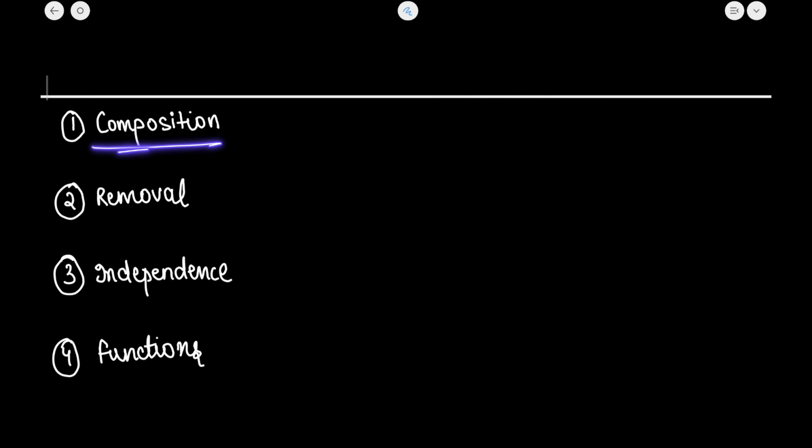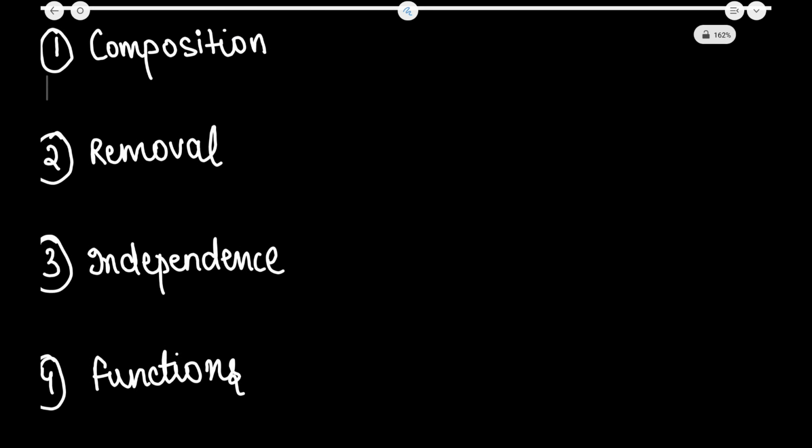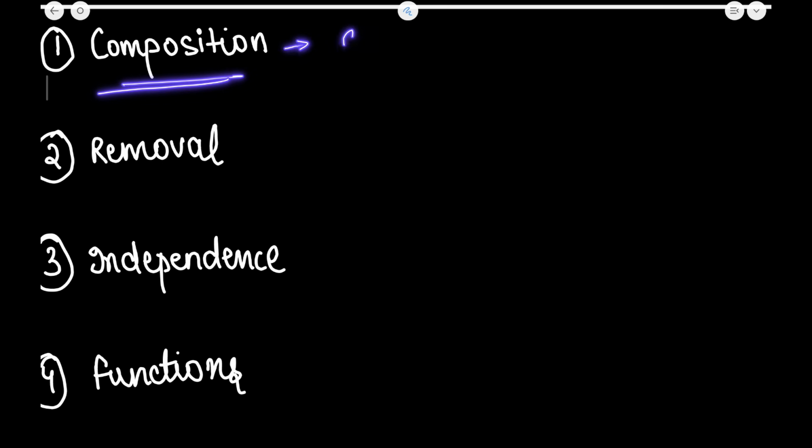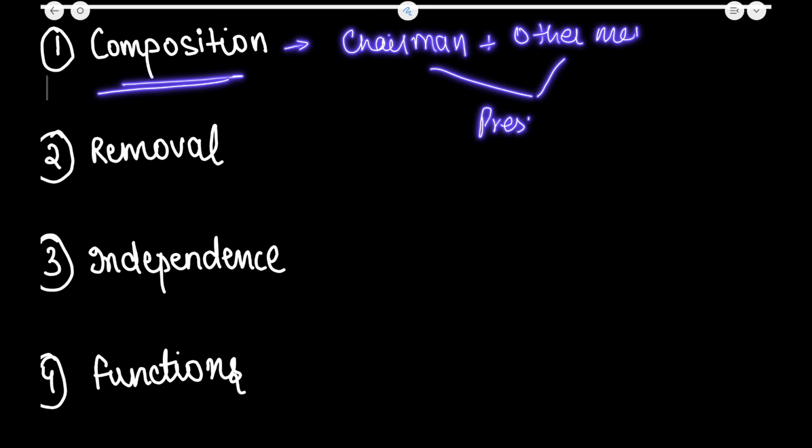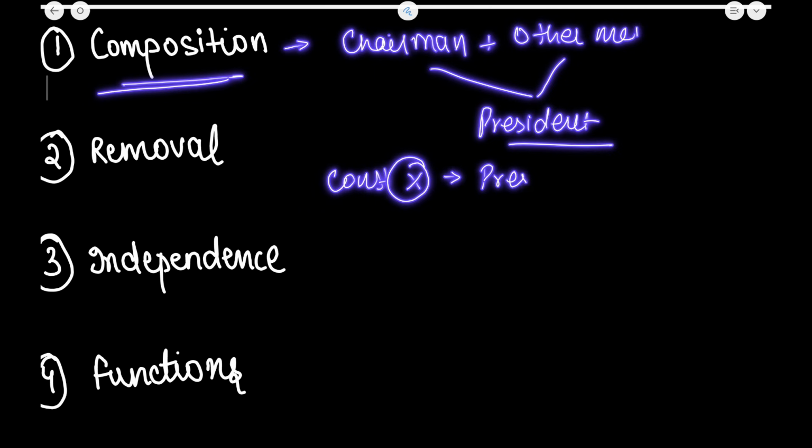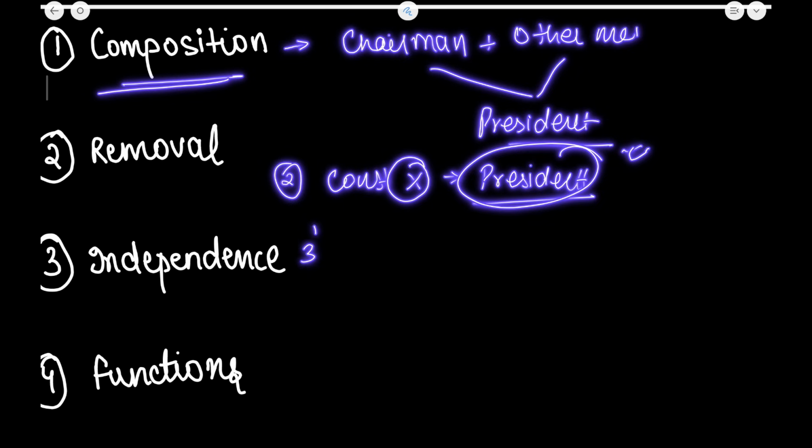First of all, the composition of the UPSC. Now if we talk about the composition, the UPSC consists of a chairman and other members. Both of them are to be appointed by the president. The Constitution of India does not specify the strength, and it is up to the president to determine the strength of the composition of the members of the Union Public Service Commission. The third point here is, usually this commission has around 9 to 11 members. Further, in the Constitution, no qualifications have been